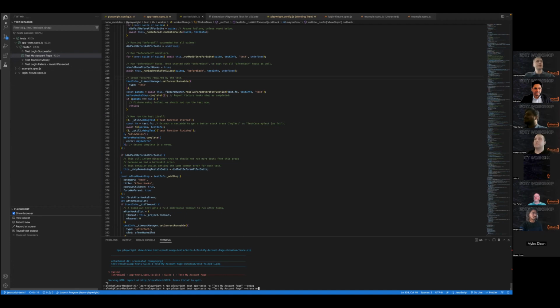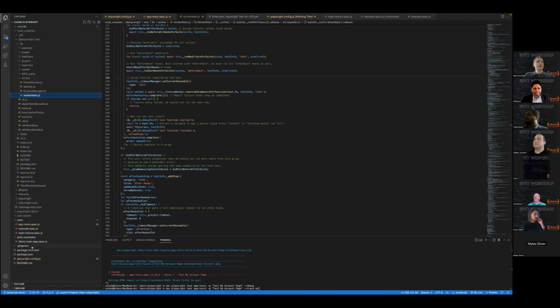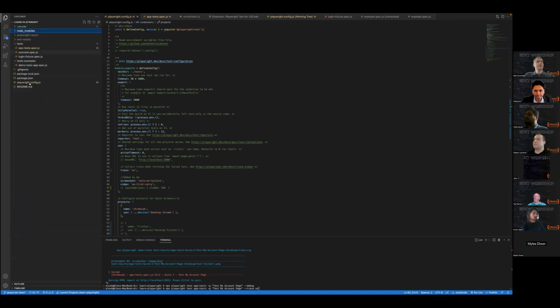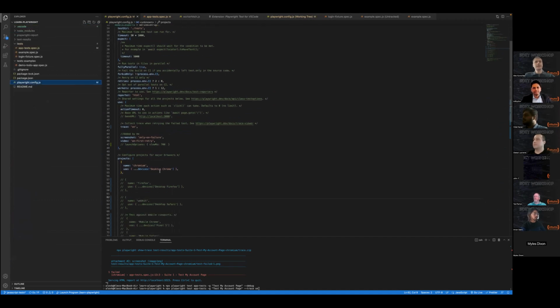Or you can set it in the settings. In the Playwright settings, I already had trace on here. By default, it's on first retry. If you're retrying the test, it will record the trace, but I changed it to on to be always on.